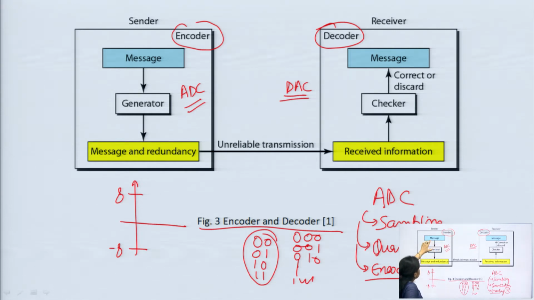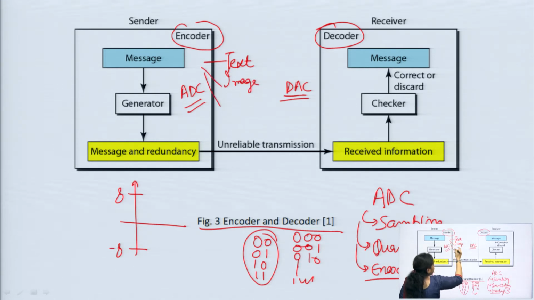What the diagram says is that this is the message signal. Now, what is a message signal? It is in the analog form, it can be in the form of text, it can be in the form of image, or a video, means 2D signal, 1D signal or 3D signal, whatever signal you want to transmit, this is the original message signal. Then it is given to the generator, where the generator will generate a message and the